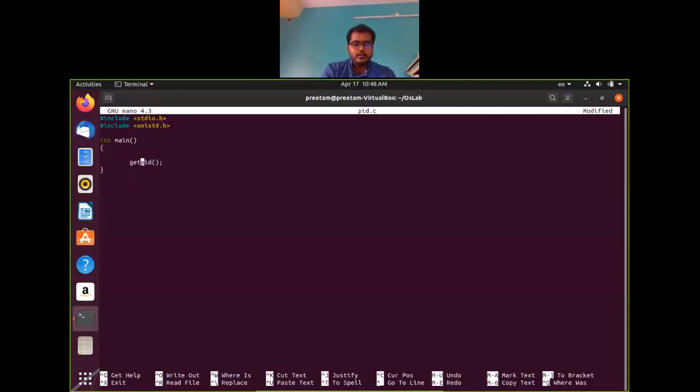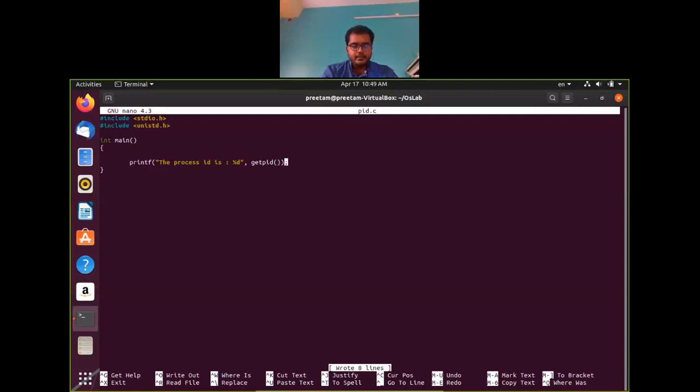So what we'll do, we'll printf: the process ID is %d, comma getpid. So if you look into it, this program simply prints the process ID when this program is run. Let us run this program and see what will happen.